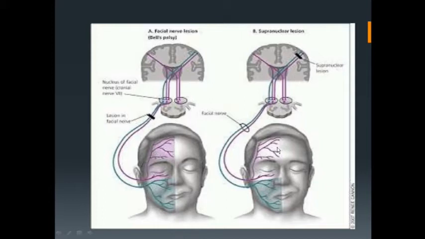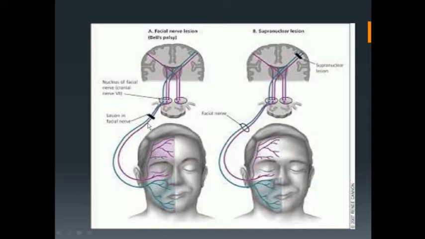So eventually, what ultimately happens is, I told you if there is an upper motor neuron lesion, there will be contralateral paralysis because of crossover. So contralateral paralysis, okay, done. Within that contralateral paralysis also, since the upper half of the face has bilateral innervation, so again this is paired. So only lower half of the opposite side is affected in case of an upper motor neuron lesion.